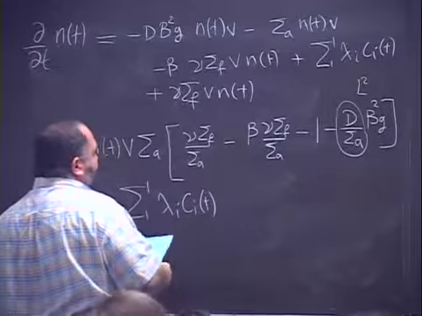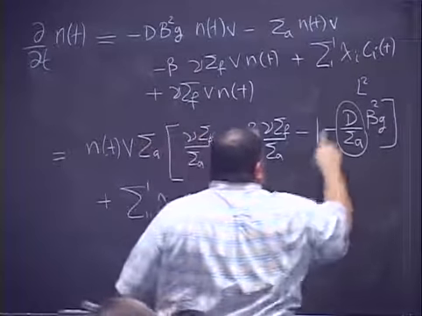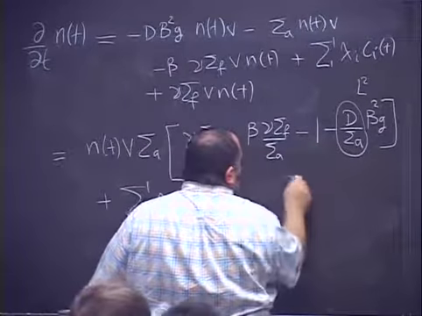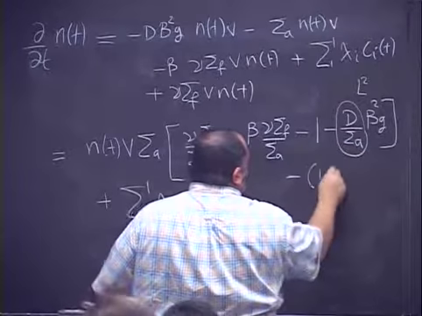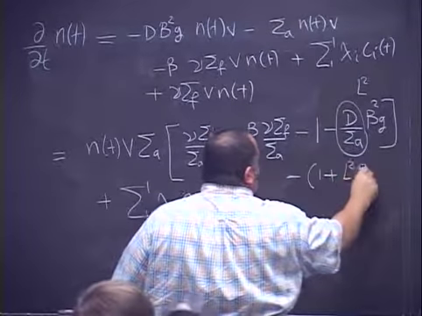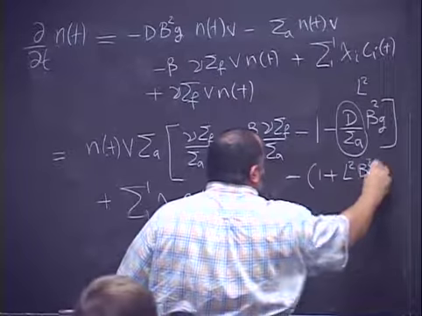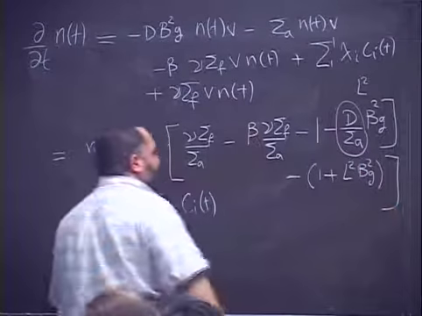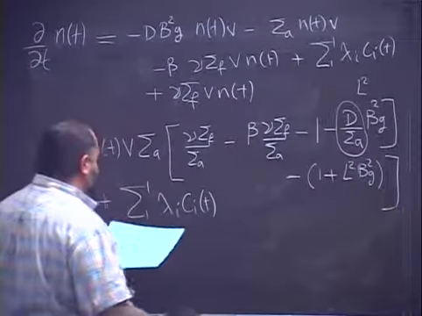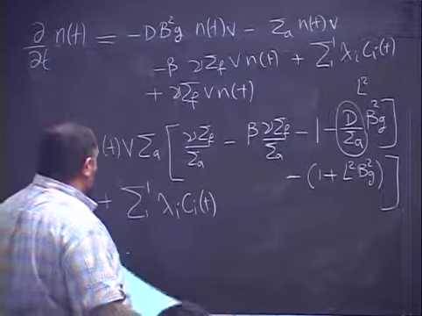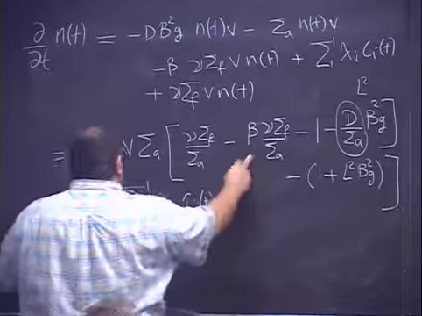Yes? So this is L square. Can I write this as negative 1 plus L square B square G? Yes, guys? And then can I write